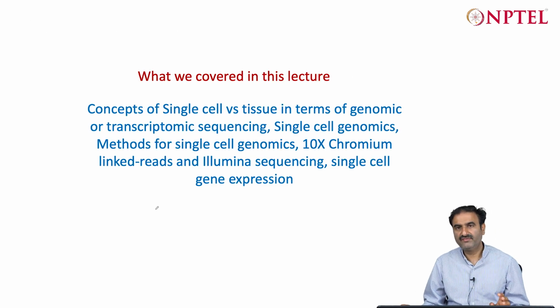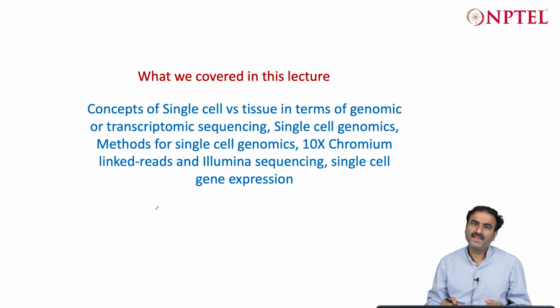So in this lecture, we have looked at the concept of single cell versus tissue in terms of genomic or transcriptomic sequencing, single cell genomics, what it is and how it is performed, and the different methods which can be used for doing single cell genomics, including the 10X Chromium linked reads and Illumina sequencing. The Chromium instrument can prepare the library for each and every cell by using the GEM technology, and then that library can later be used for Illumina sequencing using short reads. And we also looked at spatial transcriptomics and single cell gene expression, which is very important to understand the state of a tissue